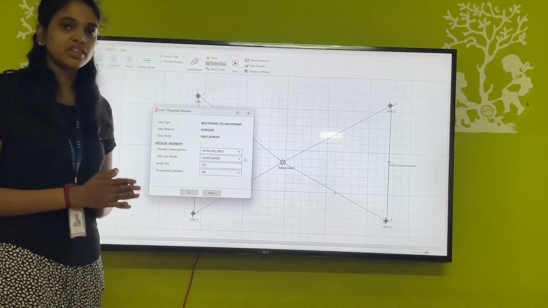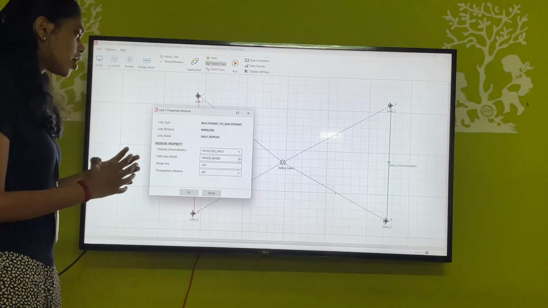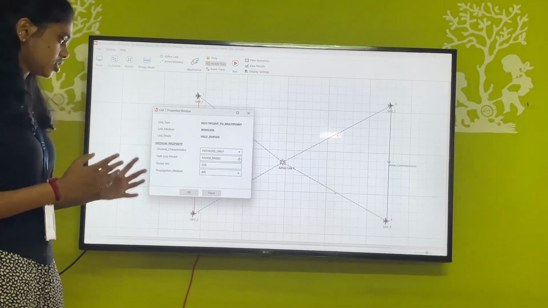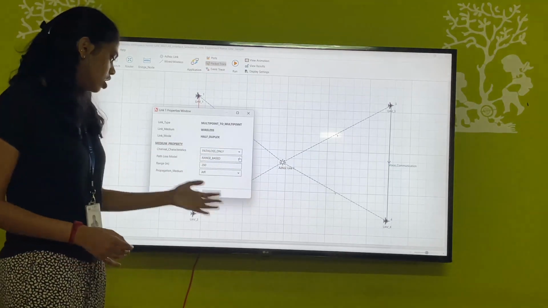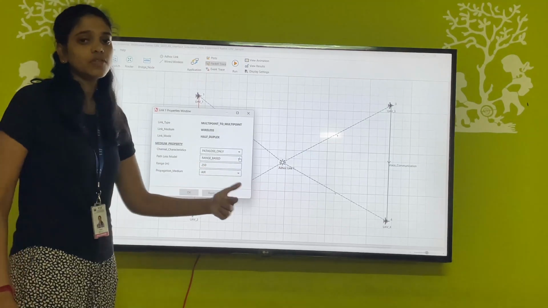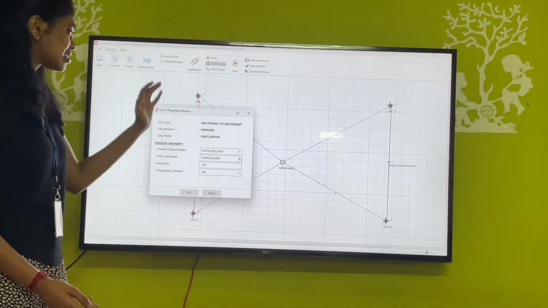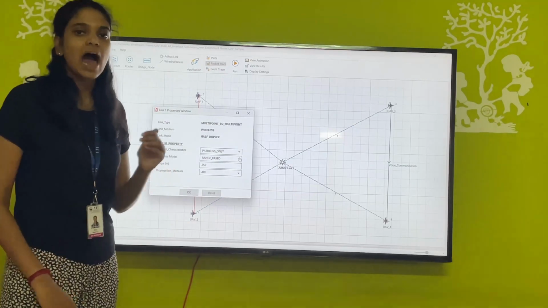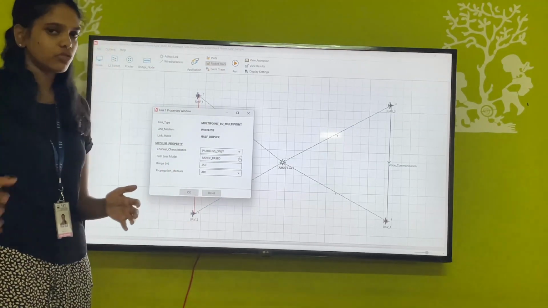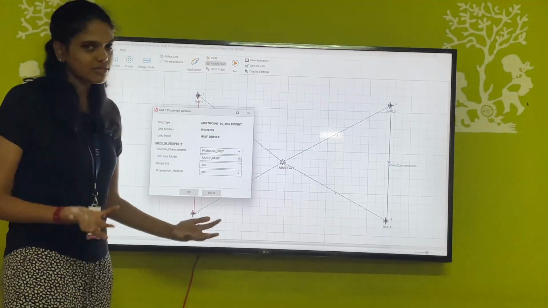Therefore, we have gone with a deterministic model called path loss only. The path loss model which we have modeled over here is a range-based model. The range which we have set here is 250 meters, which we took from a reference research paper. It basically means till 250 meters the communication will happen without any problem, and after 250 meters the communication will not happen. And the propagation medium is of course air.